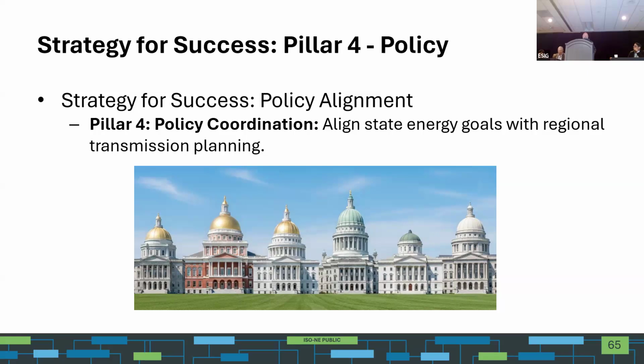Aligning these states, and I'm not going to say just in New England, it's across the country and across the world, aligning these goals and these initiatives, although it's difficult to do, it would greatly help us in operating the power system and be more successful. So more outreach to our policymakers would be very helpful in this.